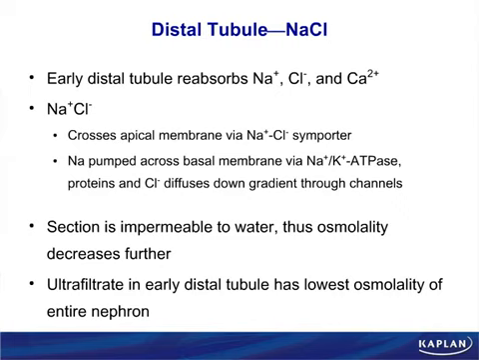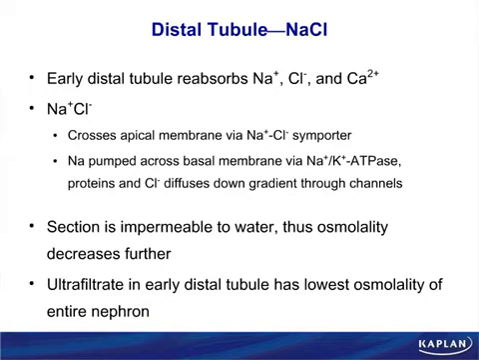The distal convoluted tubules. In the early distal convoluted tubules, you are still actively reabsorbing sodium and chloride. You also reabsorb some calcium. Sodium chloride is reabsorbed across the apical membranes via the sodium chloride symporter. Sodium is actively pumped across the basolateral membrane via the sodium-potassium ATPase, and then chloride diffuses down an electrochemical gradient